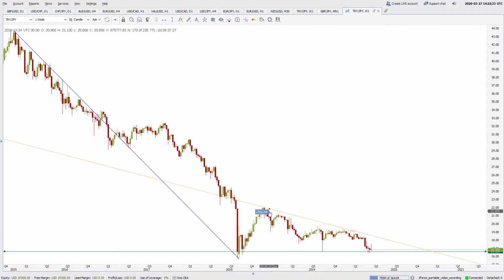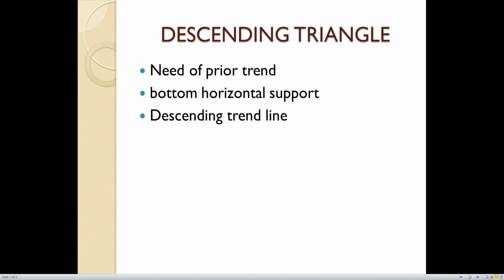Okay, this is a descending trend line. So we got 3 points correct. What is the next point? The next point is that it should retest support turned into resistance. So since this formation